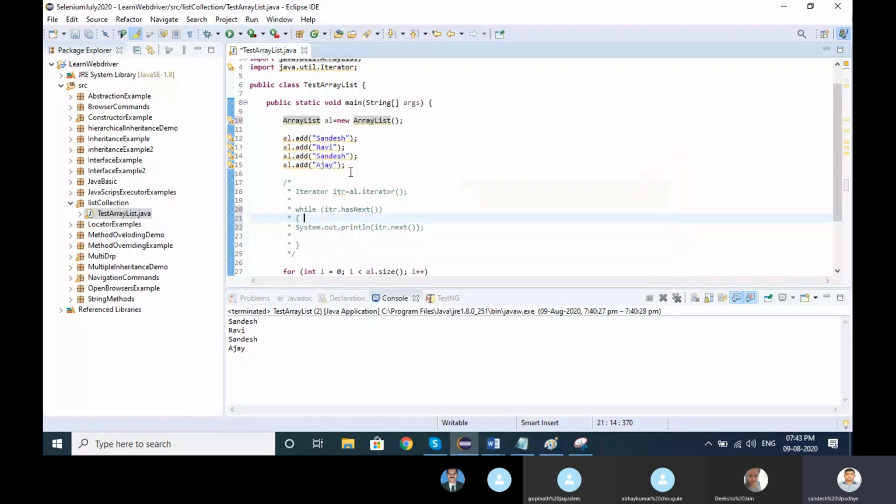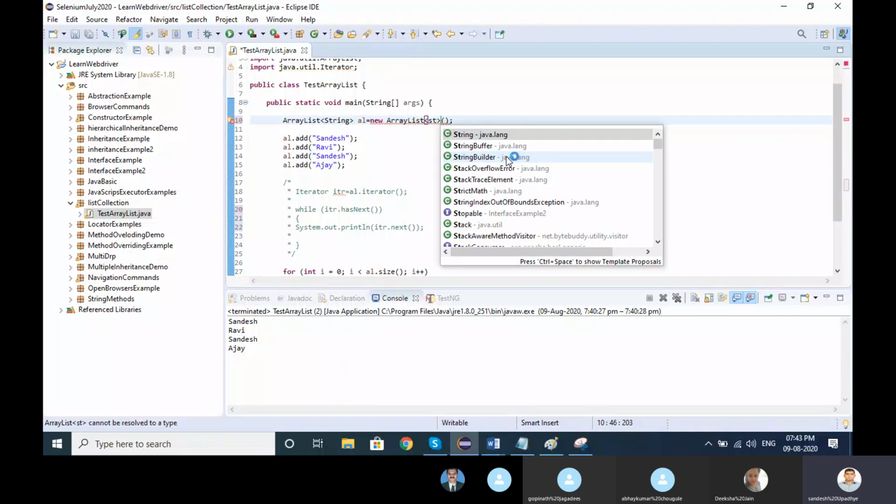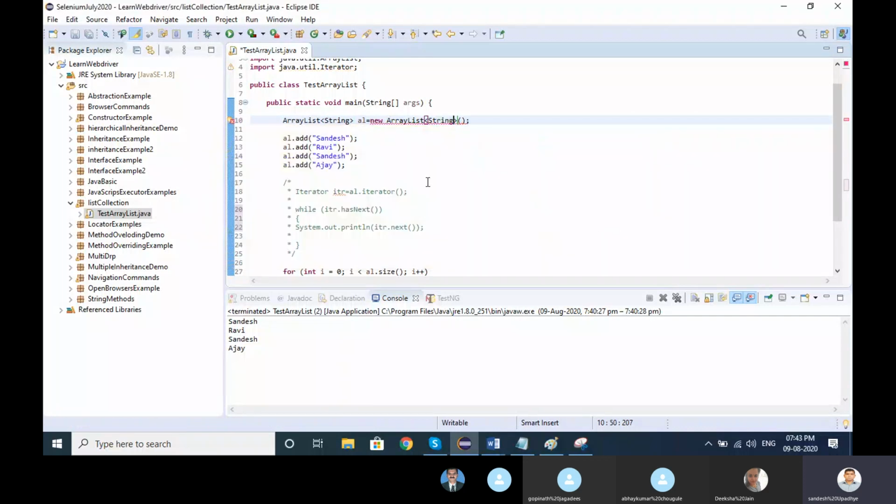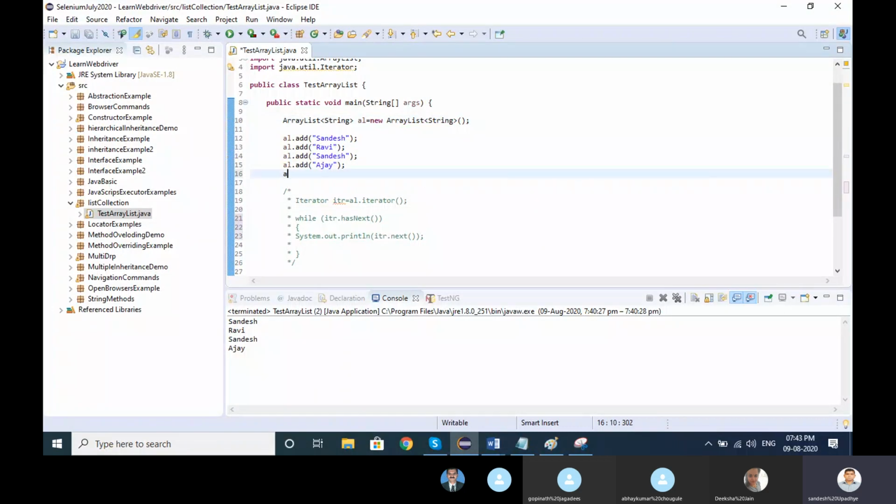If I want everything to be a string, then go with the String generic. This is called a generic. If I put the generic as String and I try to add any integer value, like al.add and then add the value 10 here, it will not accept.